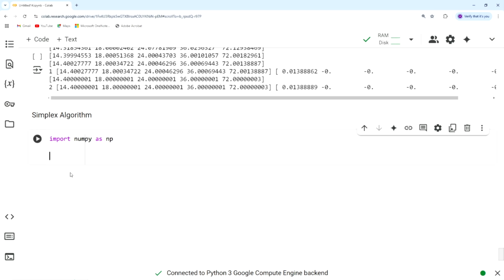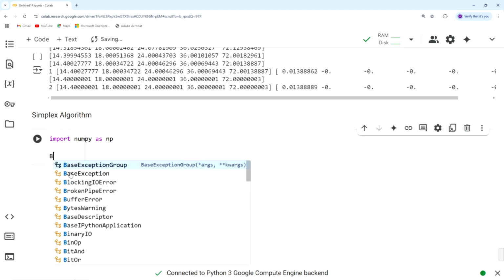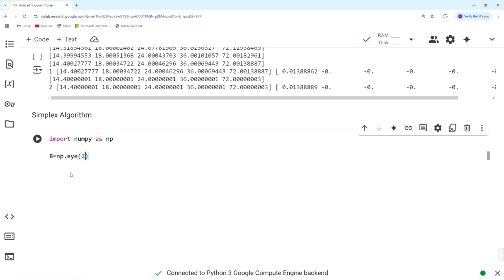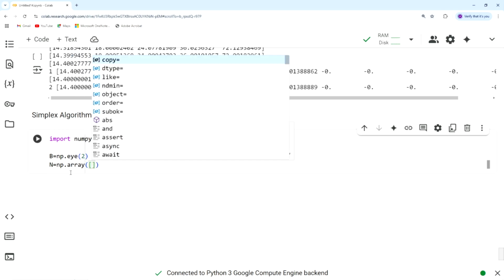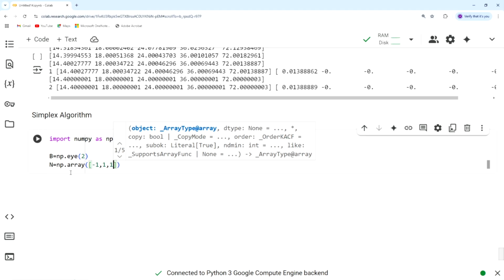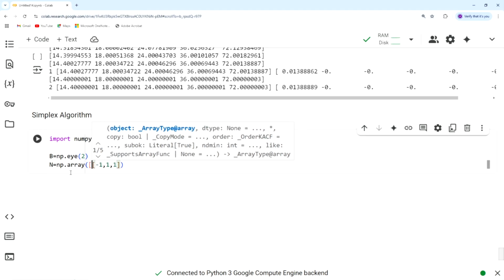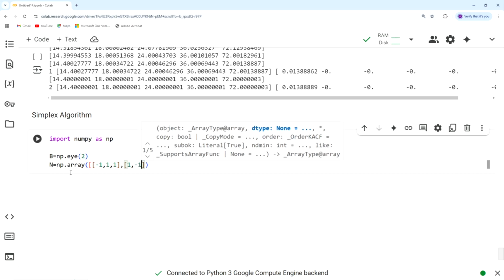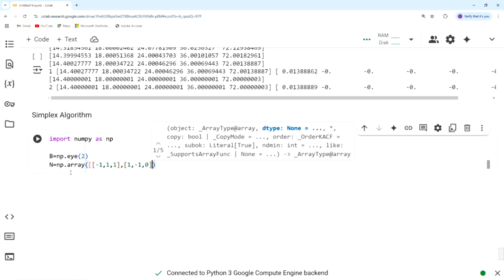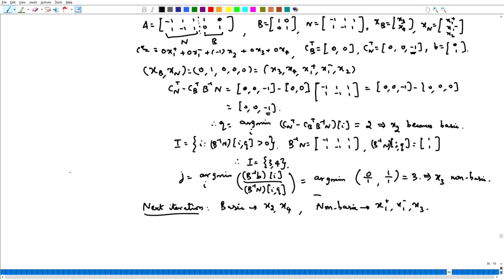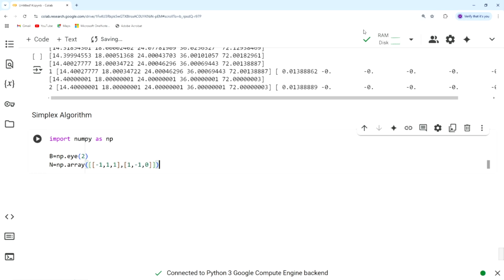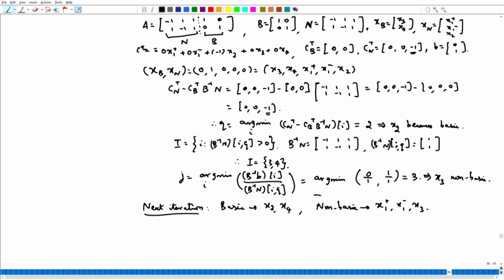and we have to define the sets B and N, right. So, B is just an identity matrix here, right. N, if you recall, is minus 1, 1 and 1, that is a 2-dimensional array, and it is 1 minus 1 and 0, okay. I have just repeated what is written here, N, okay, minus 1 1 1, 1 minus 1 1,